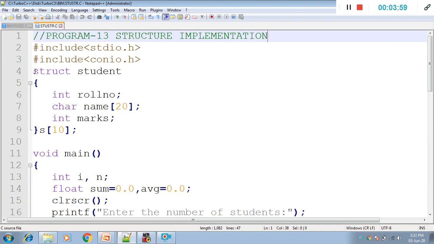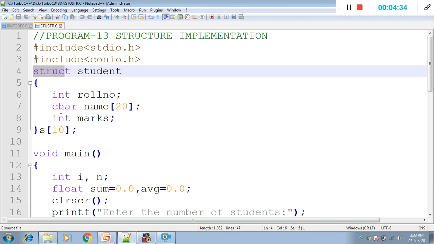Next you have to define a structure. How to define a structure? To define a structure, use struct as a keyword. Struct is a keyword used to define any structure in a C program. This struct keyword should be followed by the actual structure name. Here the data we want to process is a student, that's why I have used the structure name student, defined using the keyword struct followed by the structure name student.